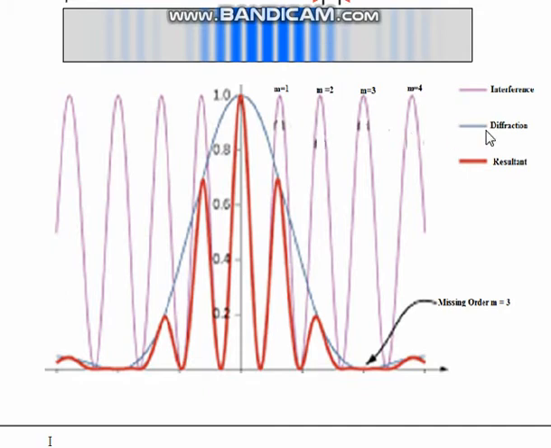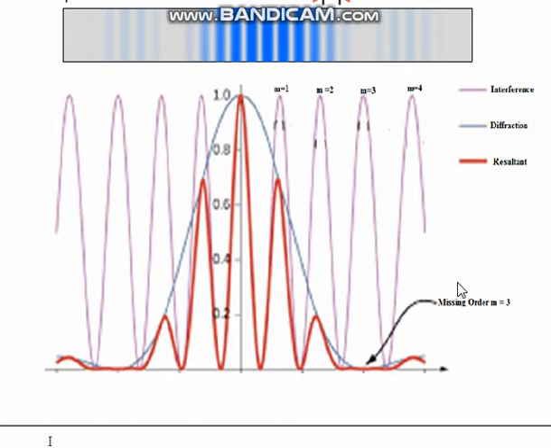While the diffraction is for the single slit, here I plot only one envelope, which is the central maxima. Obviously, after the central maxima there are the secondary maxima and so on. So the blue graph is for the single slit diffraction. However, the resultant is the modification of the intensity of the interference. So diffraction is the modification term. Diffraction modifies the interference intensity on the screen.